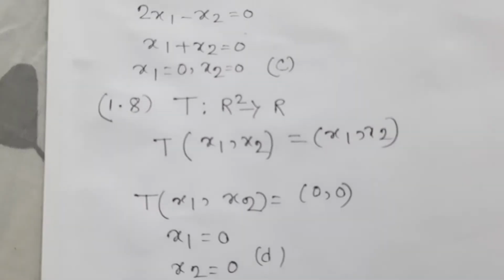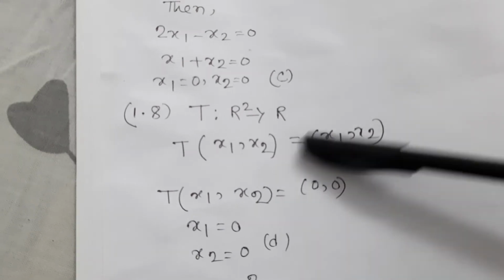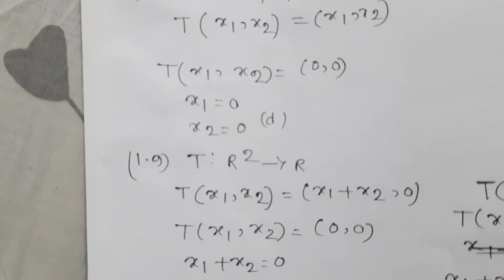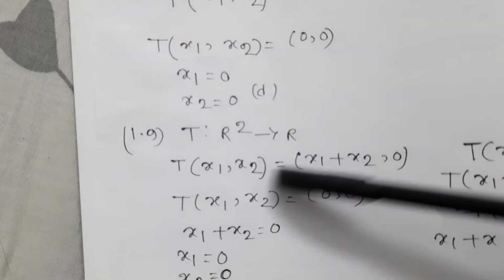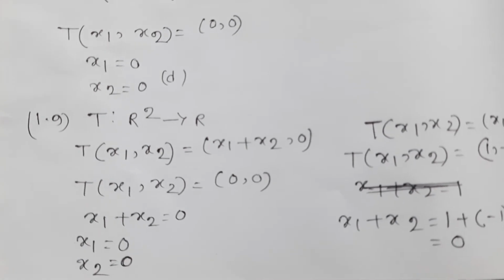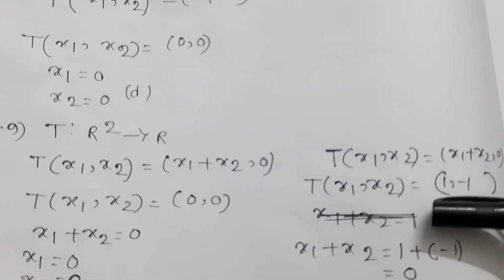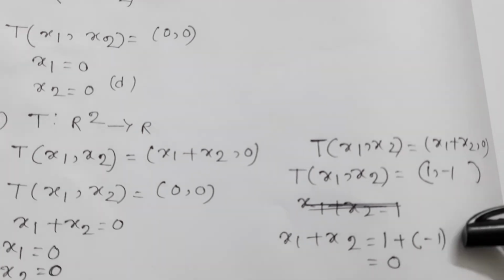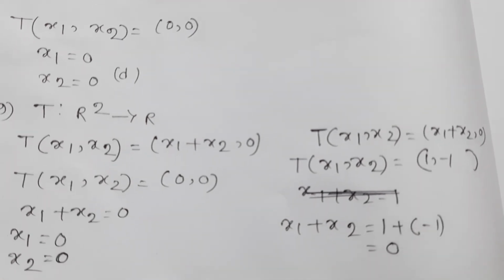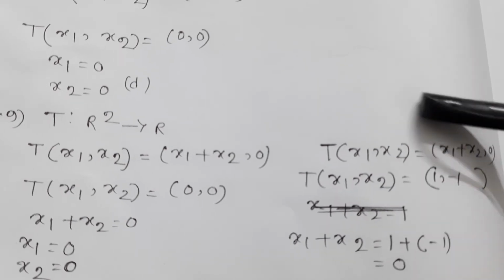And the same case here, where x1 comma x2 maps to x1 comma x2. Just the same sum: 0 comma 0 satisfies the operation, so it's also in the kernel. Next one, 0 comma 0 satisfies the condition, same thing, but here two options are correct. 1 comma minus 1 is also correct, because 1 plus minus 1 means 0, and 0 is 0. So here 1 comma minus 1 is also the answer.